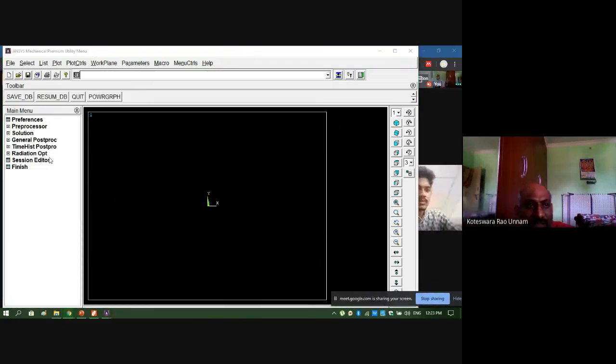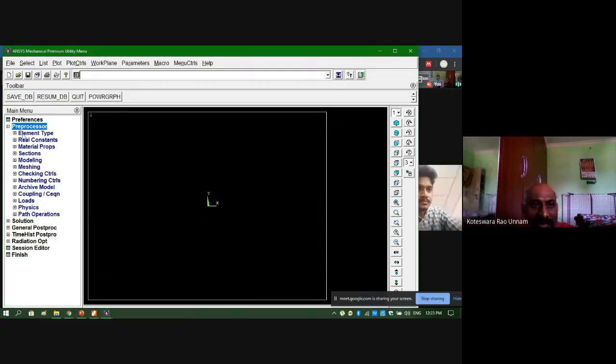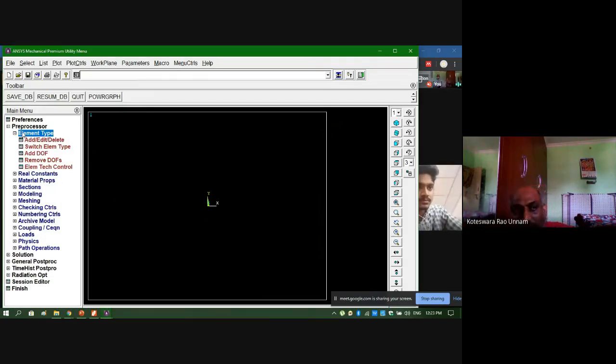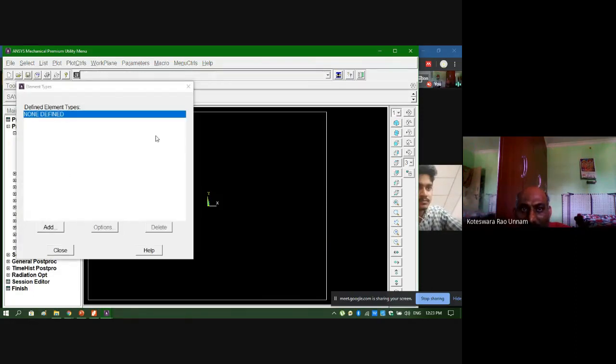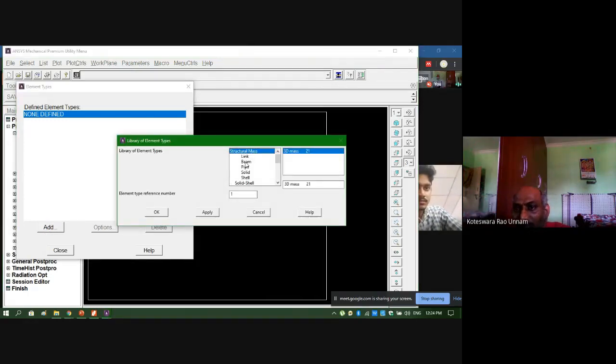For that, first we'll select the element as a beam element. To do that, go to element type, then click add, edit, delete. Then a dialog box will open. In that, again you need to click add. So you have to select beam here.